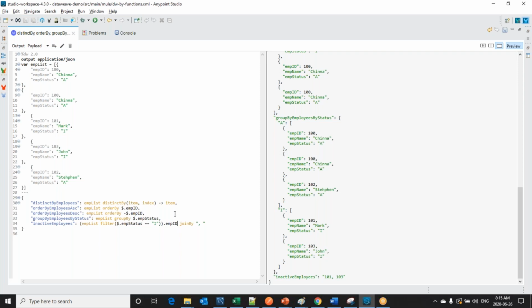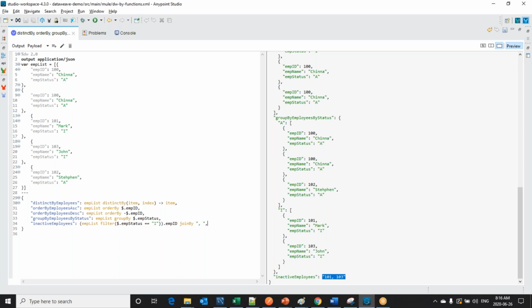Those failed employee IDs, we can group together into a single line and insert into a monitor table, saying that these records were inserted successfully, these records failed to insert. During that time, rather than making an entry for each record, we can get those values into a single line and make the database entry. So this way we can work with join by.